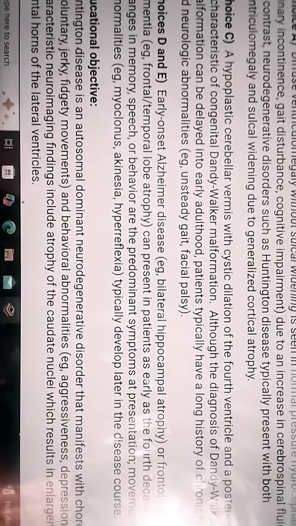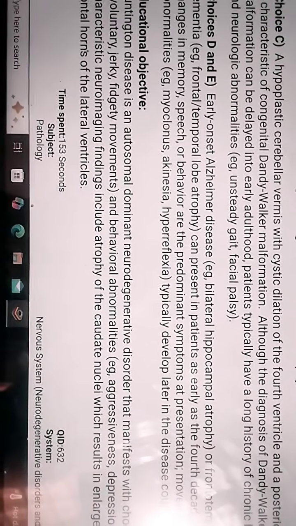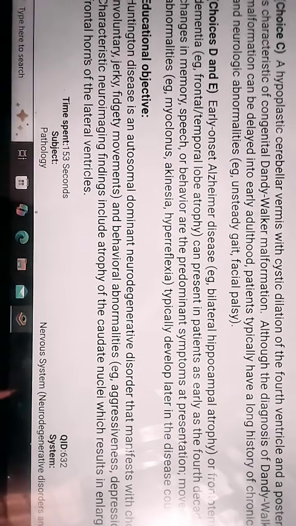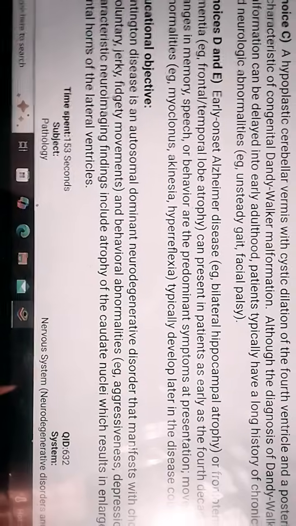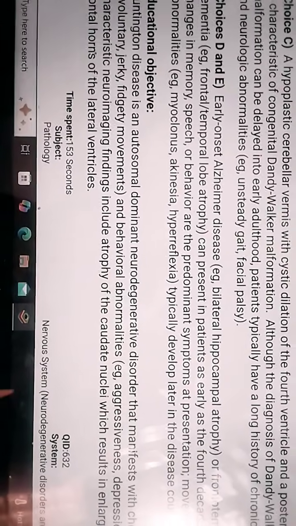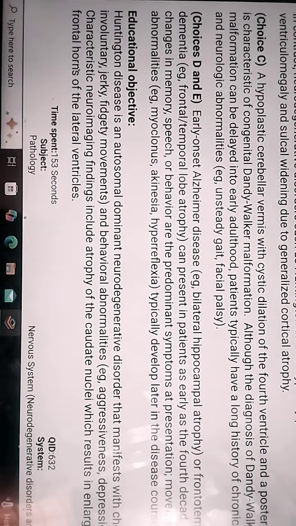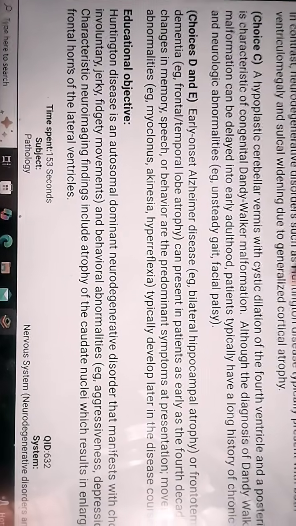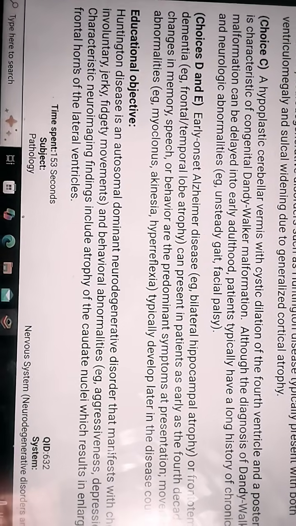In contrast to this, we have hypoplastic cerebellar vermis with cystic dilatation of the fourth ventricle and posterior fossa cyst. So this is the characteristic of Dandy-Walker malformation. Although the diagnosis of Dandy-Walker malformation can be delayed into early adulthood, patients typically have a long history of chronic headaches